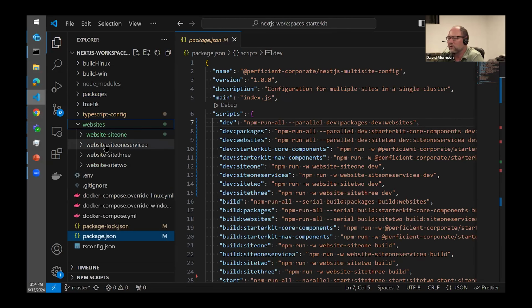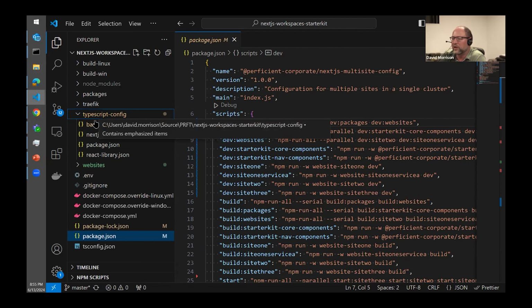And then I have the websites folder where I have 1, 2, 3, 4 web servers. I have just site one. Site one has its kind of subservice, service A. I have site 2 and then site 3. Site 1 and 2 don't use any kind of Sitecore at all. They just use standard Next.js. And then just to make sure all my components work across JSS, I also created website 3 where we introduce JSS Next.js. I've got one folder here in my workspace that has all of the TypeScript config.